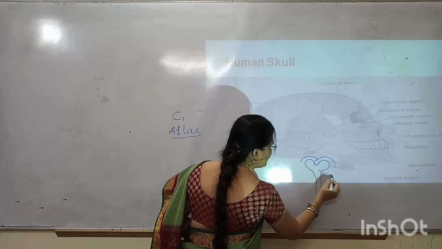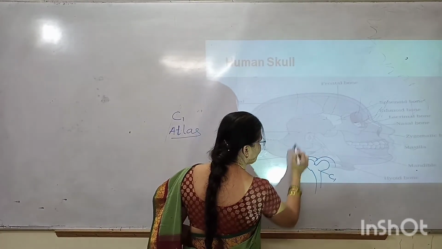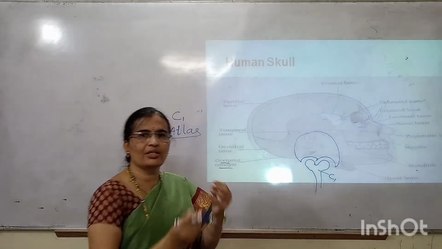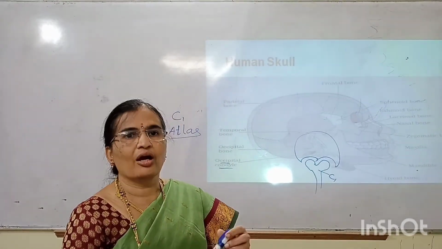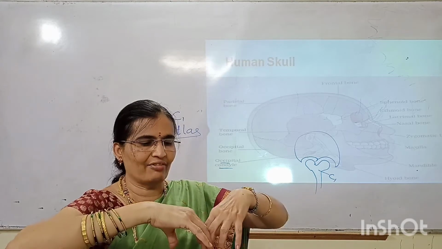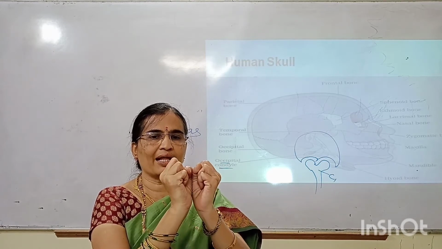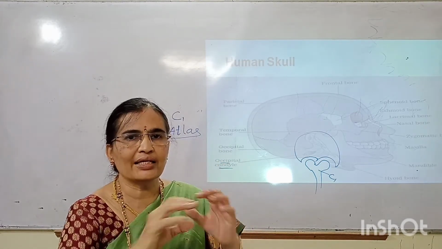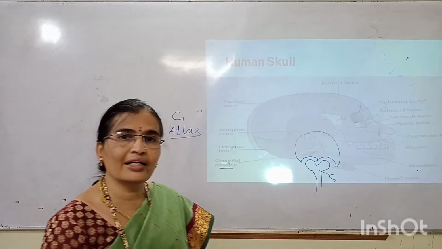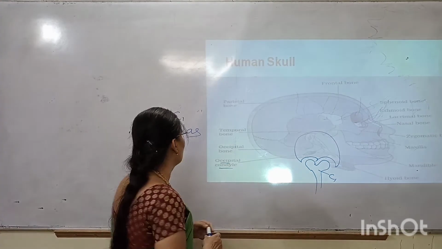And here the atlas. This is the first cervical vertebra or atlas, which articulates with the skull like this. So this is bicondylic. For articulation, condyles are present. Cavities are present, like this, and that is the atlas is like this, on which the skull is placed. The skull is articulated. Here it is not fixed. It is articulated. So like this it will be present.